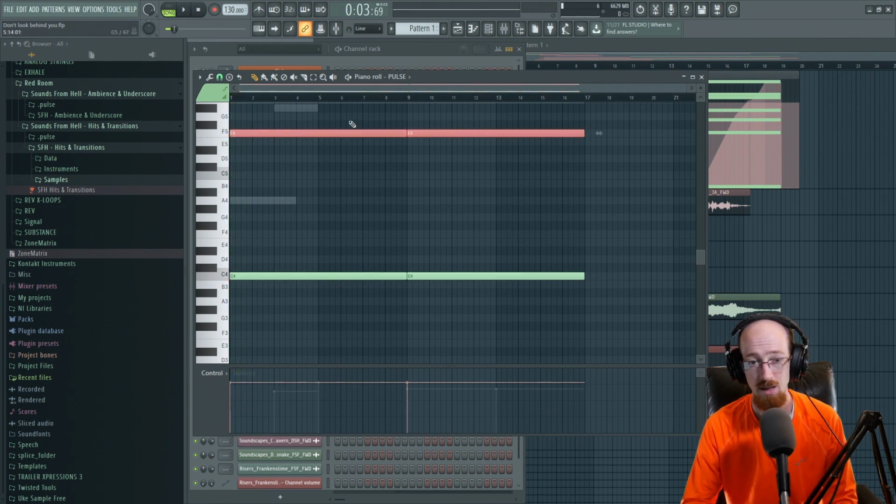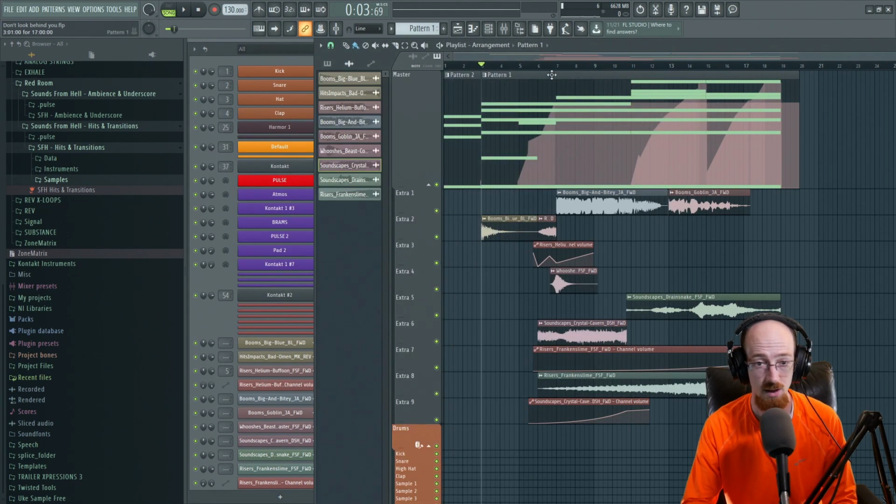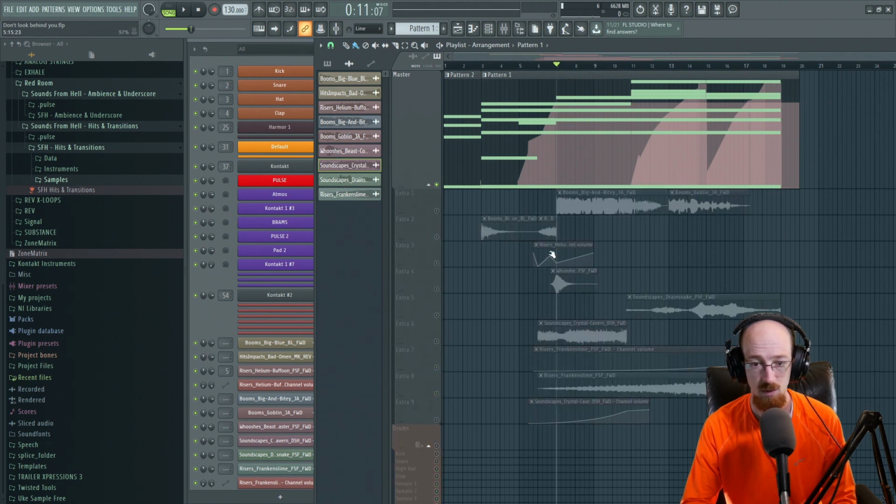And the nice thing about a loop like this is it leaves a lot of room. So when you want things to get more intense, besides just adding an impact, you can add in something that does have some low end. So I chose to start out kind of thin here, but if we come over here and listen to this, and let's just take out all the hits and stuff,